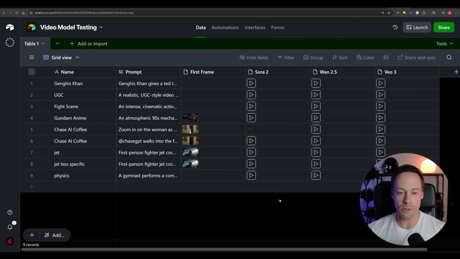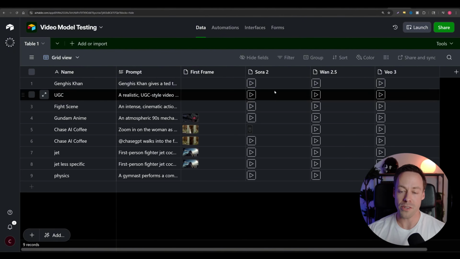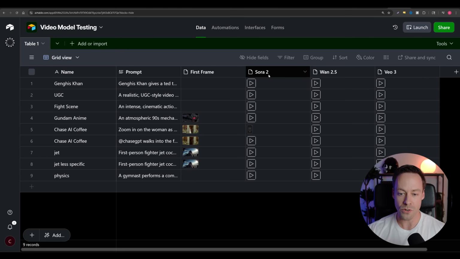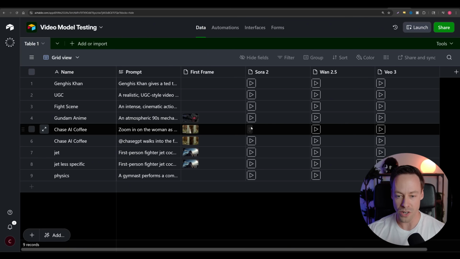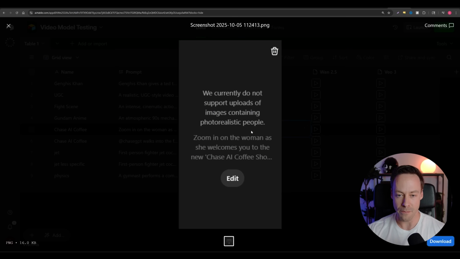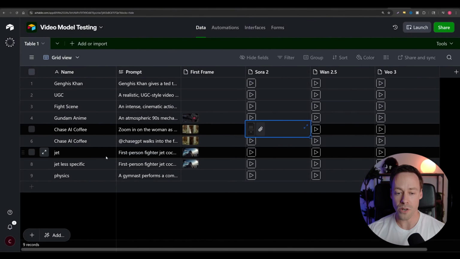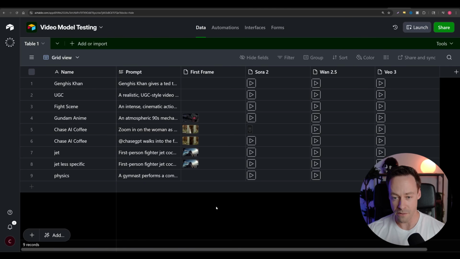So I think the biggest takeaway from all this is there's a ton of variance from prompt to prompt and for the images you use. This is much more an art form than it is a science. But there is definitely gold to be had when it comes to Sora 2. You're just going to have to do a little extra work, especially when it comes to doing it in a marketing sense. But I think it can be done. I really do. Even more so if you aren't tied to hyper-realistic stuff. If you're willing to go a more creative route, you can essentially get all the benefits of Sora 2 without the hyper-realism guardrail nonsense.